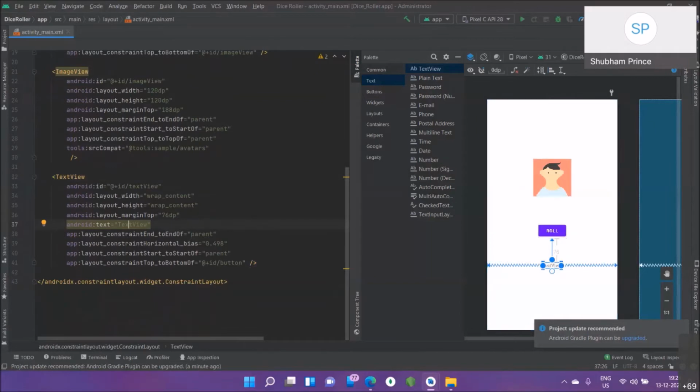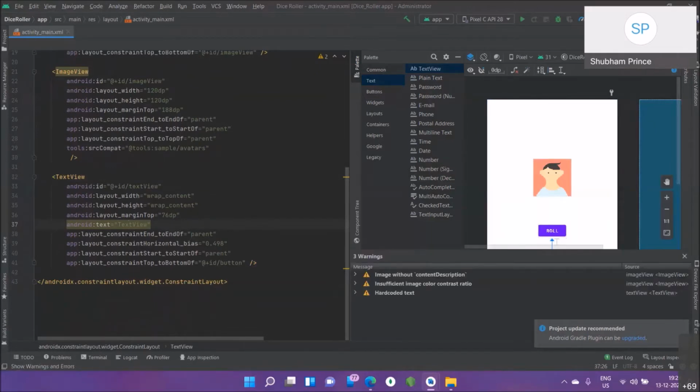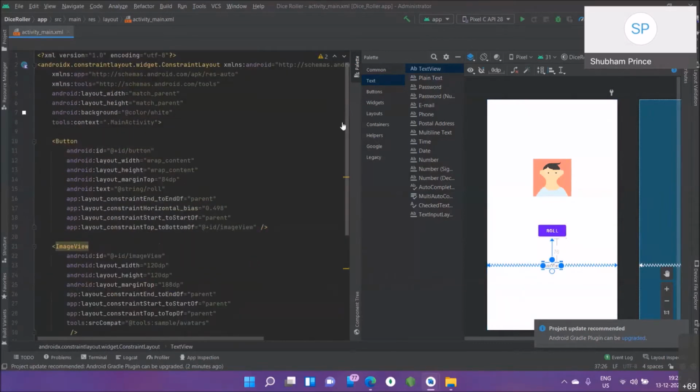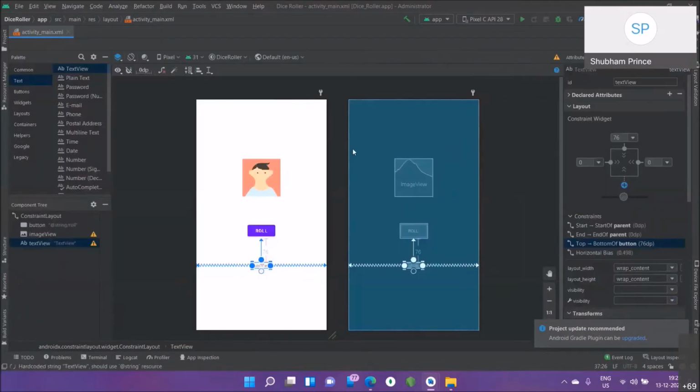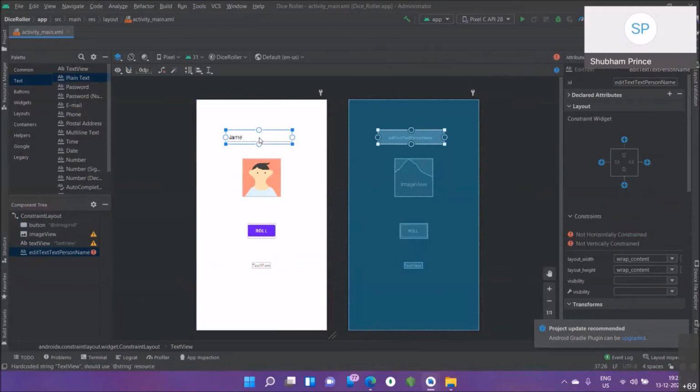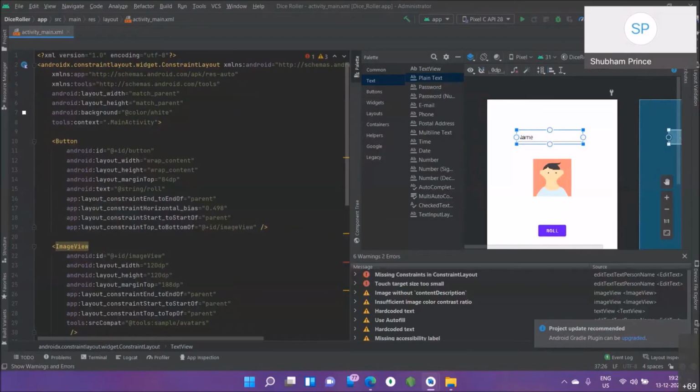And one more thing, I'll show you one thing. It will come in handy while working with constraint layout. I know there are some errors which you will face while working with it. For example, if I take this plain text and drag it here, while you're creating a form-filling activity which will take name, address, whatever, the first page, you can see there is a red icon visible here. It's saying touch target size is too small. That's not the error I'm talking about.